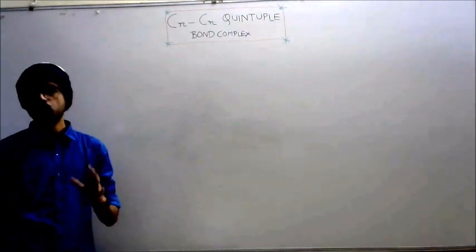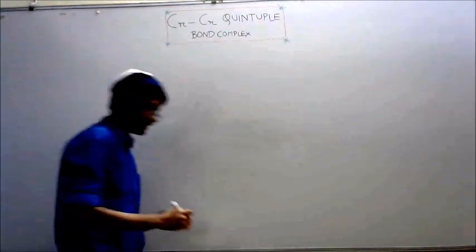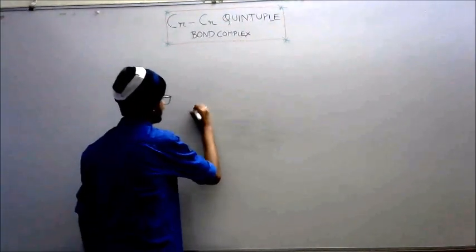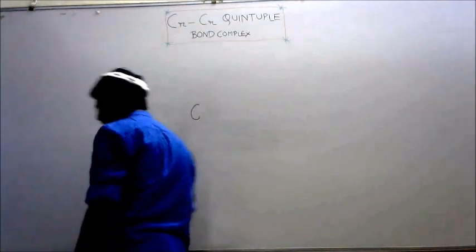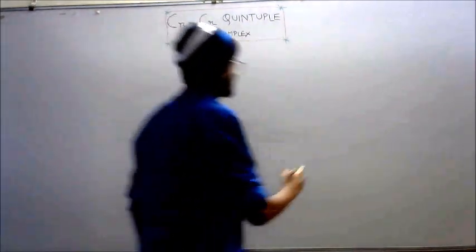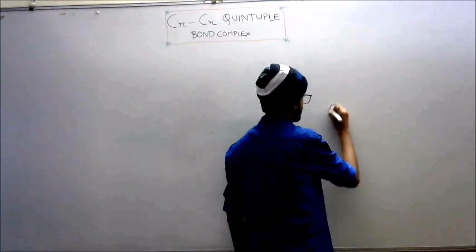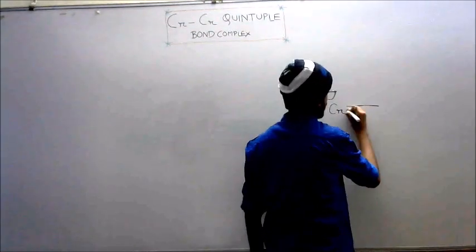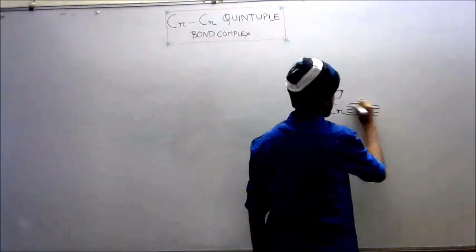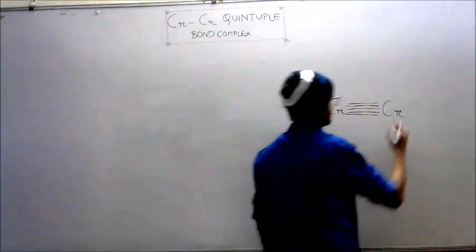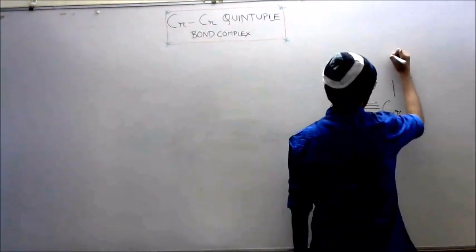Firstly, I am going to draw the structure of this compound. The structure of this compound is actually very beautiful. This is a chromium. I will be drawing the structure a little bit on the right side. So this is a chromium, with 5 bonds present between the 2 chromium centers, and in the plane of this chromium we have a benzene ring,